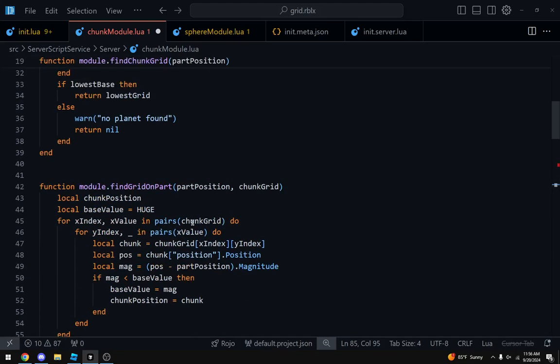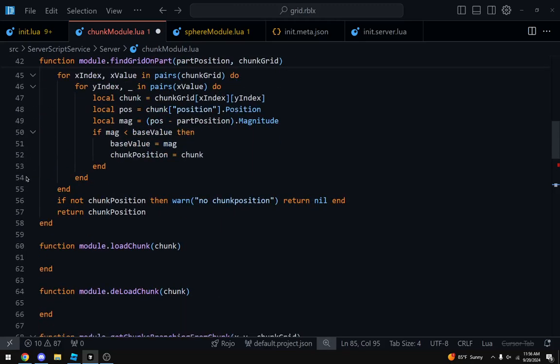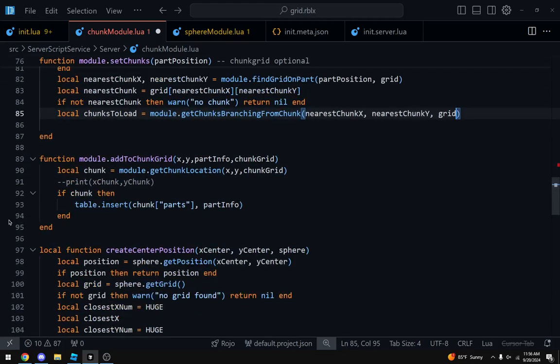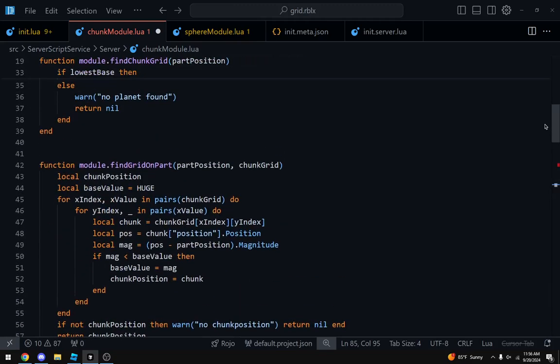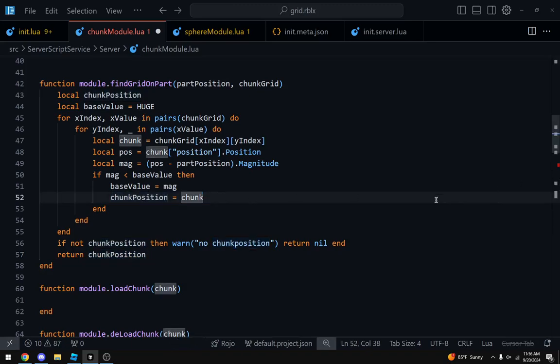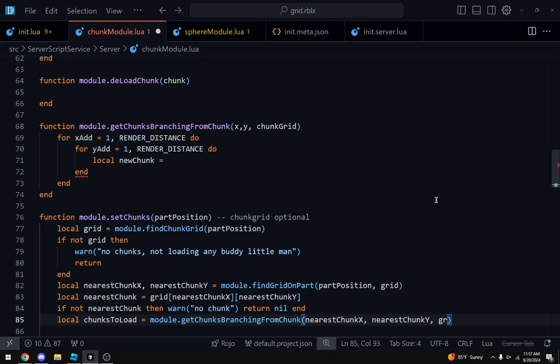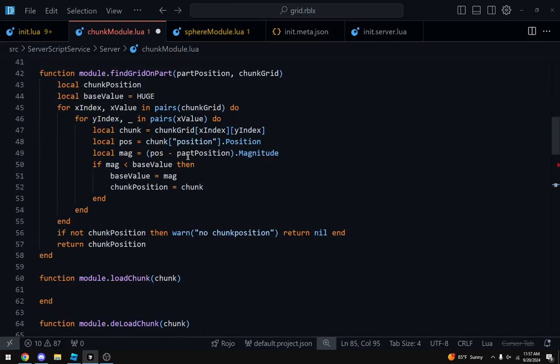Go define the grid on part real quick. Where is it? Here we go. And we want to set our chunk position to, what's it? What's chunk position? Chunk. Whoops. Nope. Grid. I remember now.